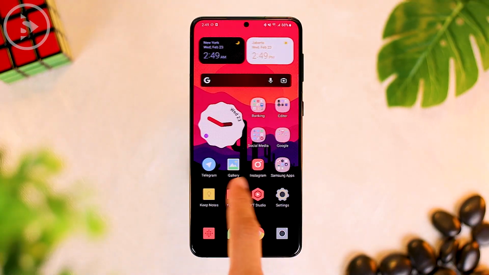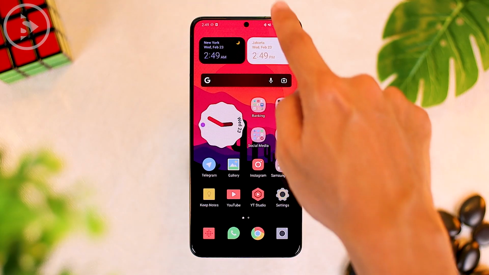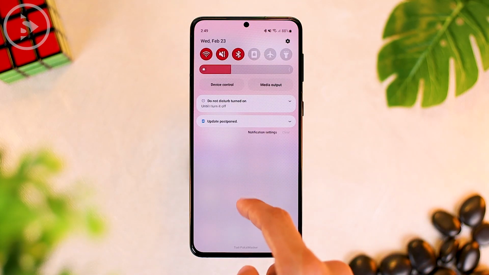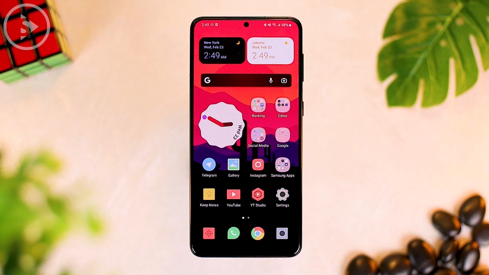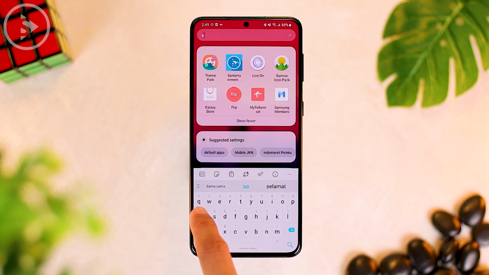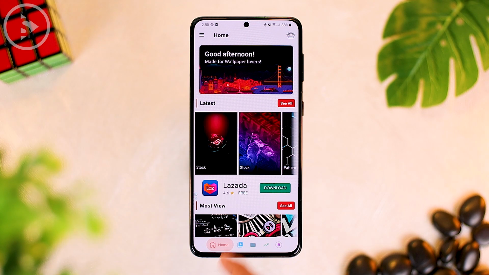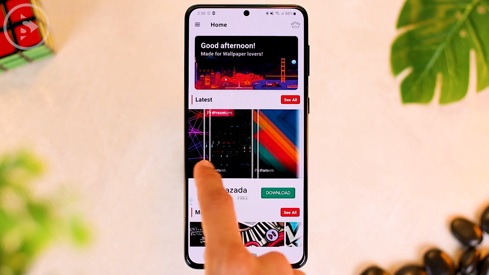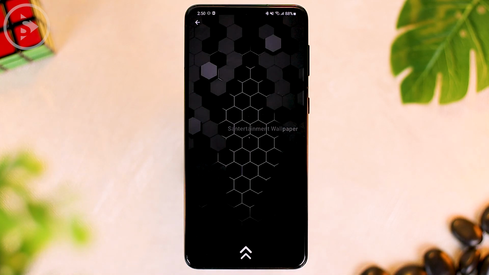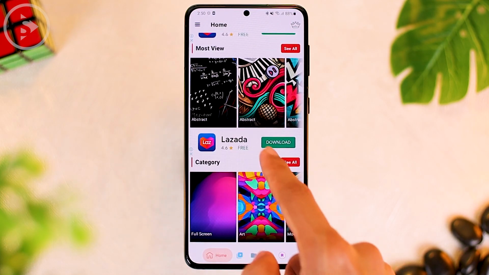So later on, you can easily change the look of the icons directly in the default stock launcher on your Samsung phone. After changing the look of the icon from the new icon theme, now you can also change the color palette according to your own theme or current used wallpaper. You can choose the wallpaper directly from the Santertainment wallpaper application if you want the same wallpaper that we use in this video. You can also choose other wallpapers from this application for the theme that you're currently using.